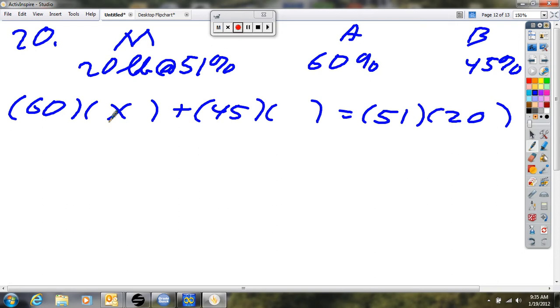By the way, what's the question asked for? How much of each? So I'm looking for how many answers? 2. I'm looking for this one and this one. What goes in this spot? 20 minus X. 20 minus the X. Whenever they give you this total,